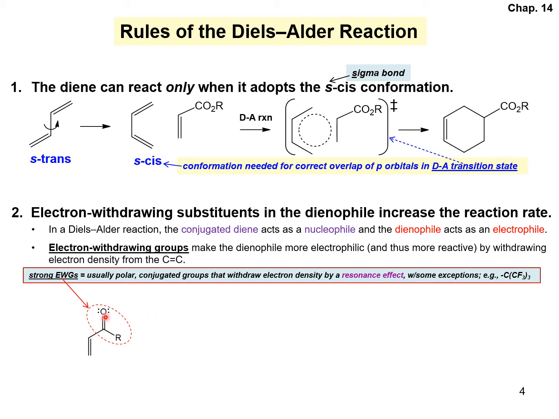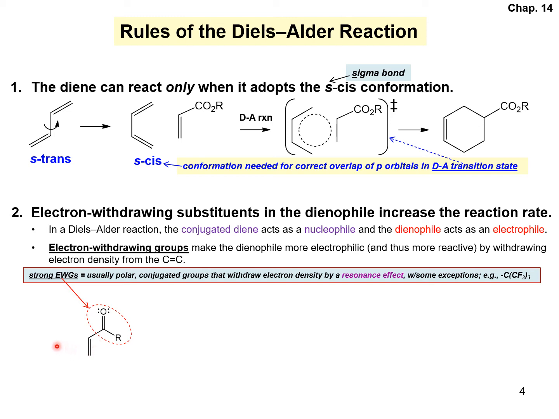So when you look at this example that's shown here, we can consider this to be a strong electron withdrawing group. It has a carbonyl, a C double bond O, with a pi bond, so all of these are sp2 hybridized, and therefore the electrons in this system are conjugated. Oxygen's more electronegative than carbon, so you can imagine that these electrons are all being pulled toward oxygen,